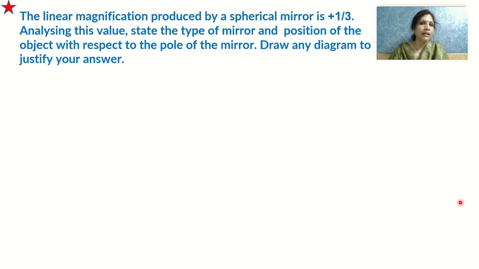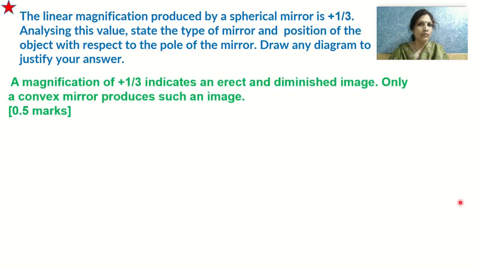Now you are given the magnification as +1/3, and you have to analyze this value and find out which type of mirror is this. You are aware that the formula for magnification M is -V/U. Now U is always negative because we keep the object towards the left side of the pole, which is a negative distance. So -V/U, and if you write U as negative, minus will become plus, and the magnification is positive then. So how will we write that? Magnification is 1/3, which is positive.